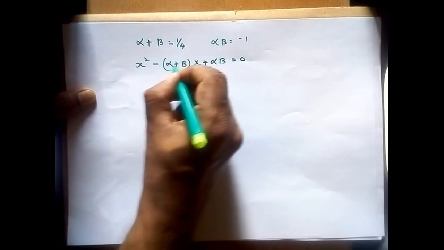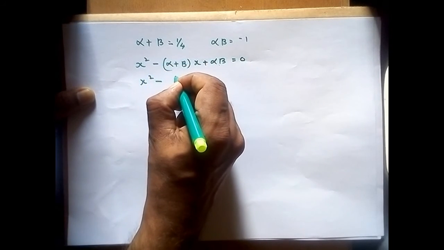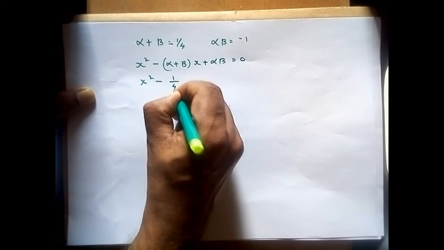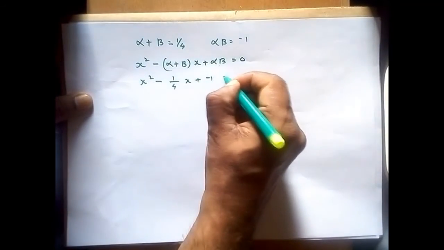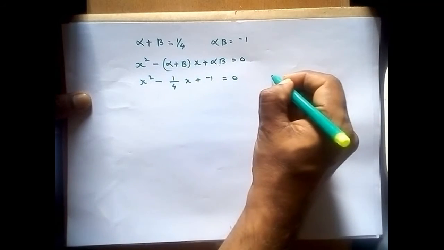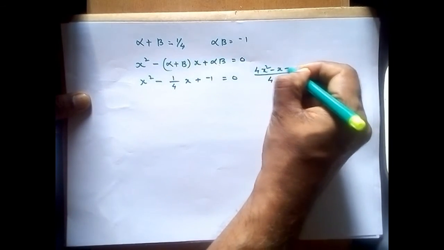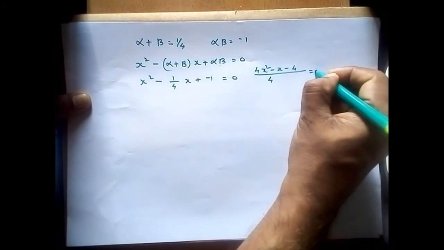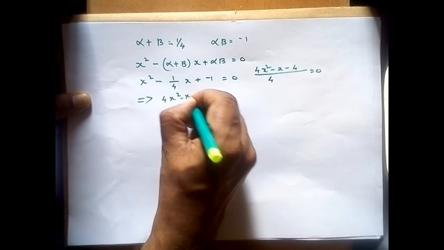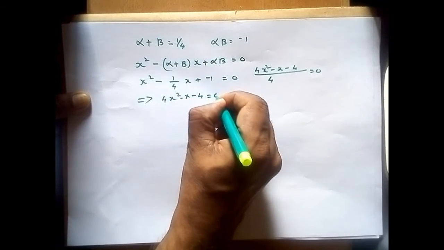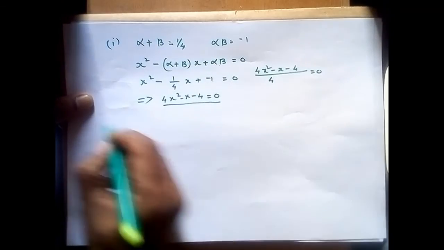We know that the sum of the roots is equal to 1 by 4. So x square minus 1 by 4x plus minus 1, taking equal to 0. Taking 4 as a common denominator, 4x square minus x minus 4 is equal to 0. That means 4x square minus x minus 4 equal to 0. So this is question number 1. Question number 2,